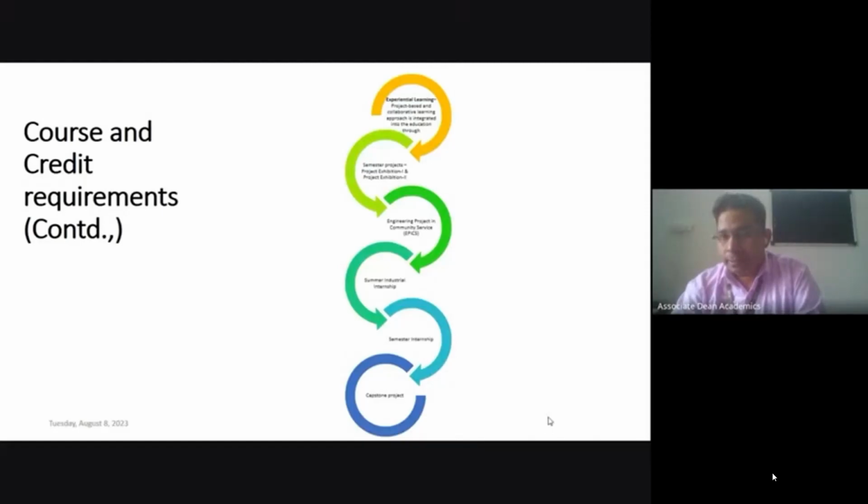And before starting your apex project, we will ask you to go for some experiential learning. We have some tie-ups with some industries, or with some IITs or NITs or IIM colleges, or reputed institutes.